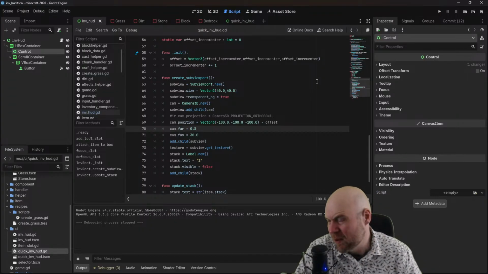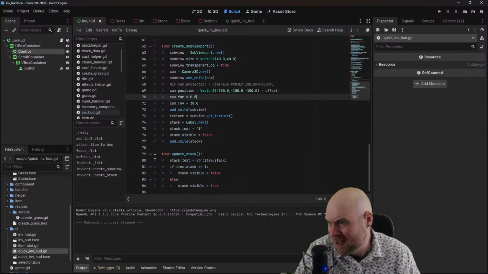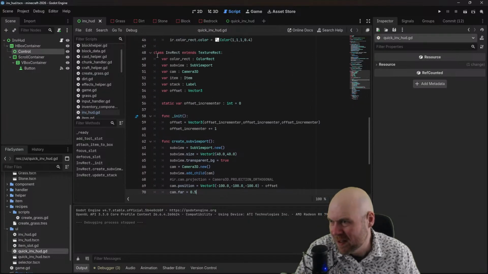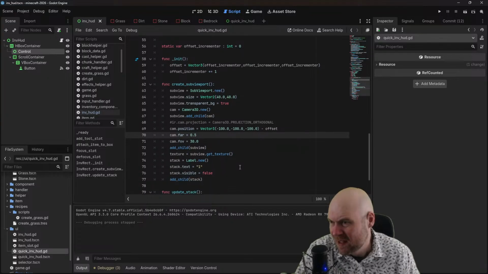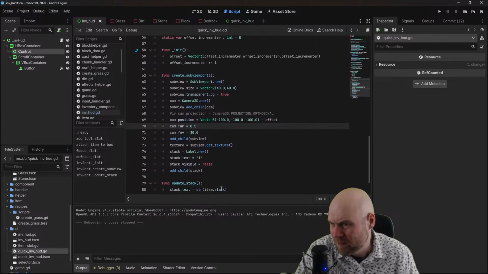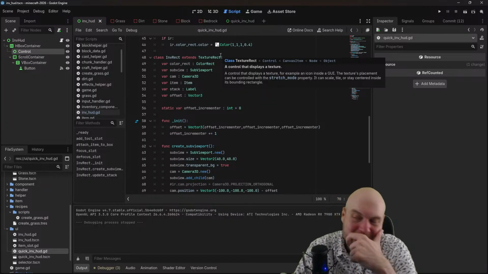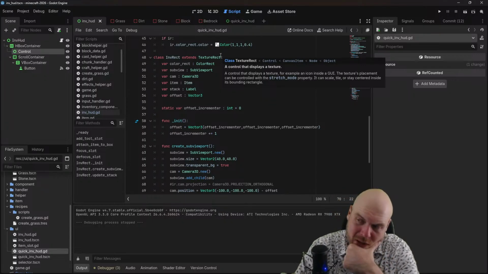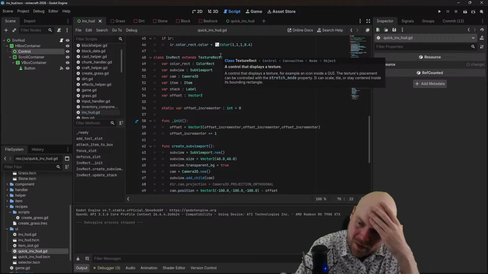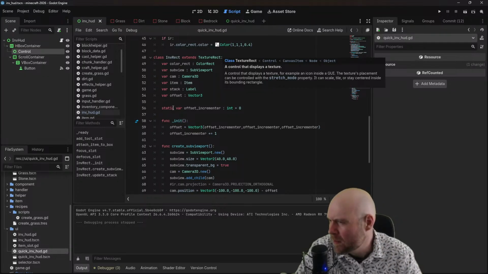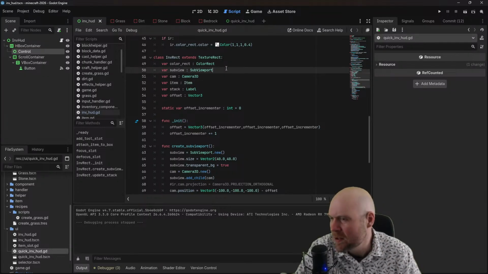I have the functions for those. I can just copy them over. So I can just copy this invrect. Maybe it shouldn't be an inner class. Maybe it should be its own class. But we can copy that. Then we can put it in a sub viewport container. Wait, I don't need to copy it. No, I do need to copy it. Because